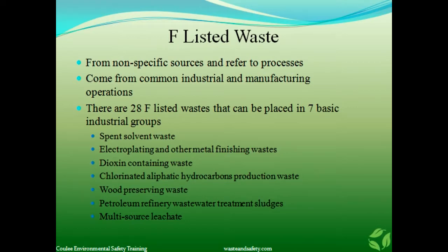The F-listed wastes are from non-specific sources and refer to processes only rather than specific industries, and include wastes from common industrial and manufacturing operations. Because the F-listed wastes aren't industry-specific, they are often generated by a large number of facilities. While the listing descriptions don't really designate these 28 wastes into specific groups, they can be placed into 7 general categories. The complete list of F-listed wastes under both the federal and state rules can be found in the regulations. In the federal regulations, 40 CFR 261.31, and in Washington State in WAC